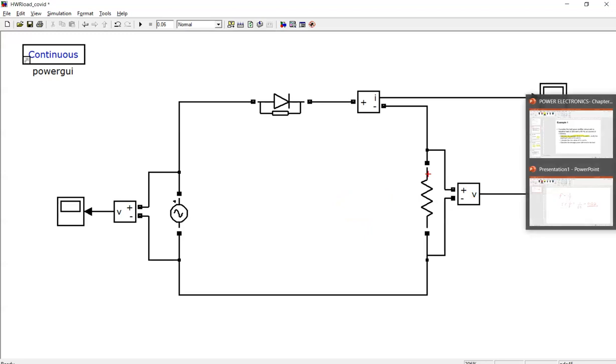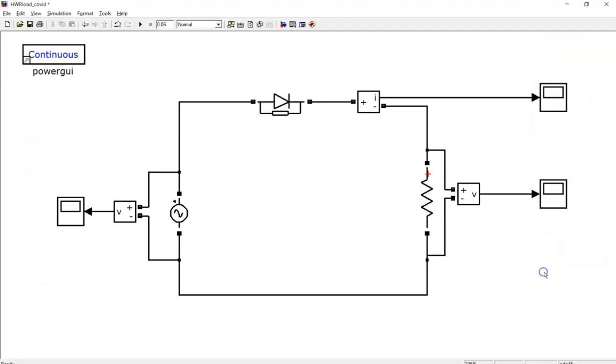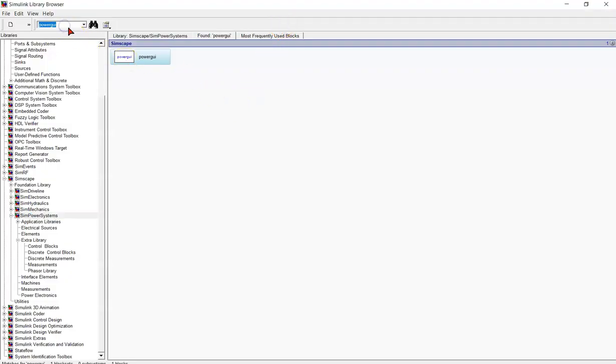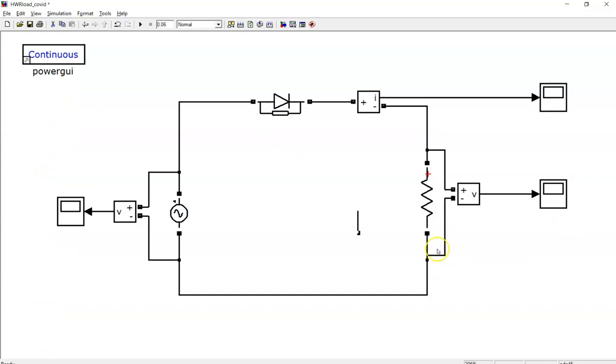Now we want to find the average value of output voltage and output current. In MATLAB, when we talk about the average value, the block is called mean. You type mean and choose the Simscape mean value. Mean value, you need to copy